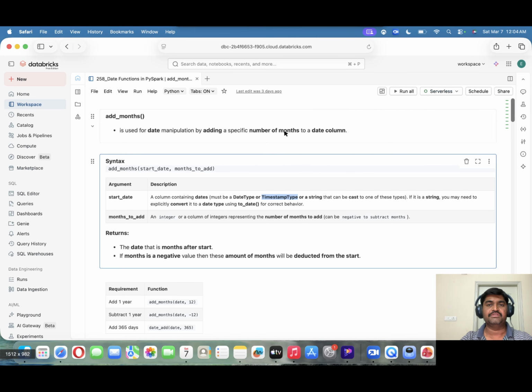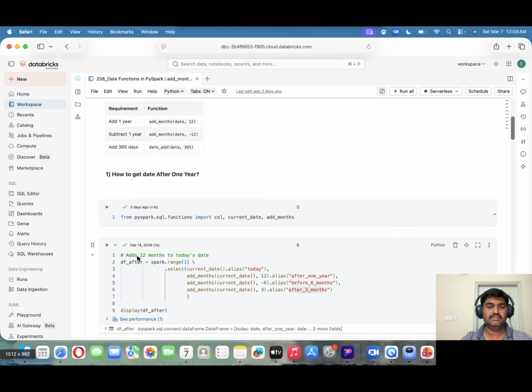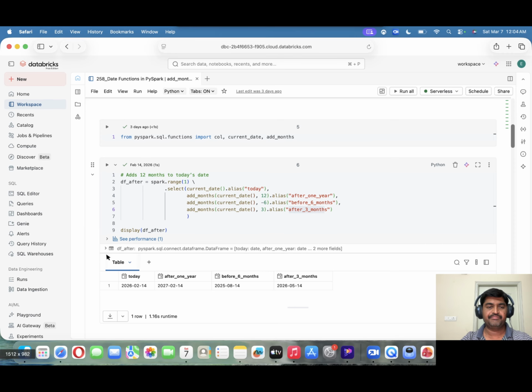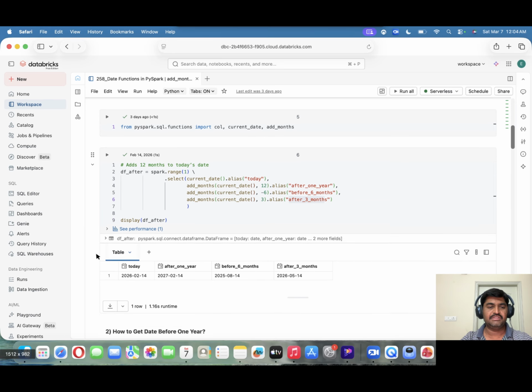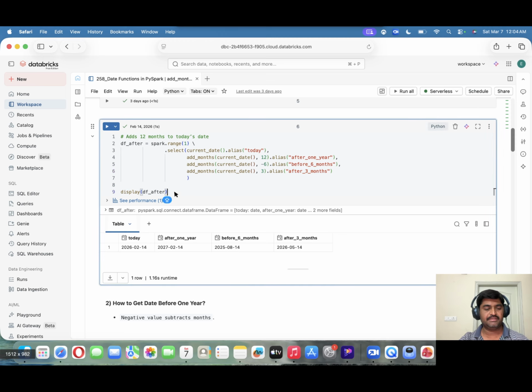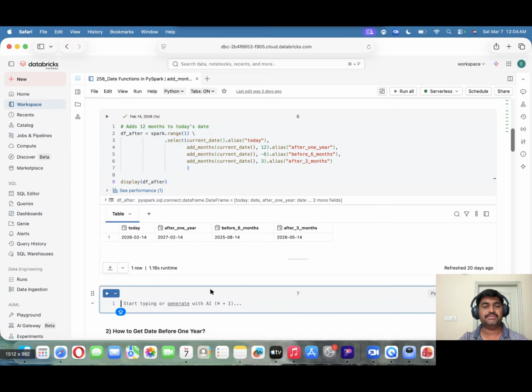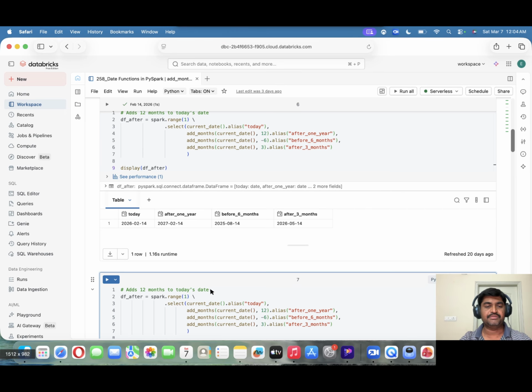We'll see with a small example how to do that. Here I forgot to add the syntax. One thing we can do is copy the same code, but instead of current_date,